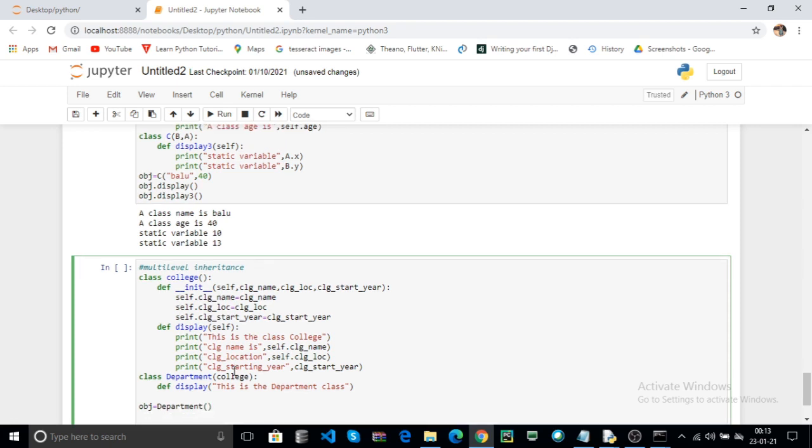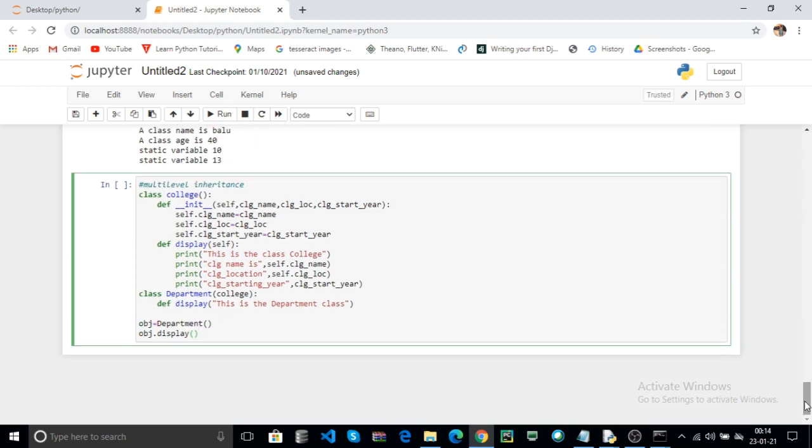Here you can use obj.display. Here the department needs parameters for college name. For example, college name is ABC, college location is India, and college starting year is 1999.